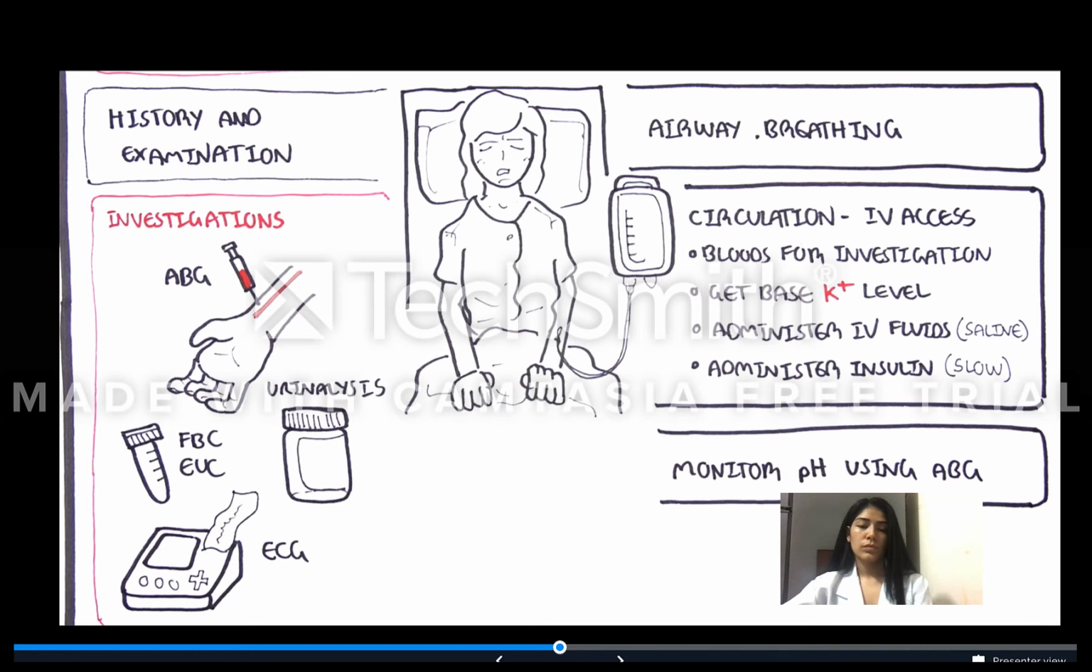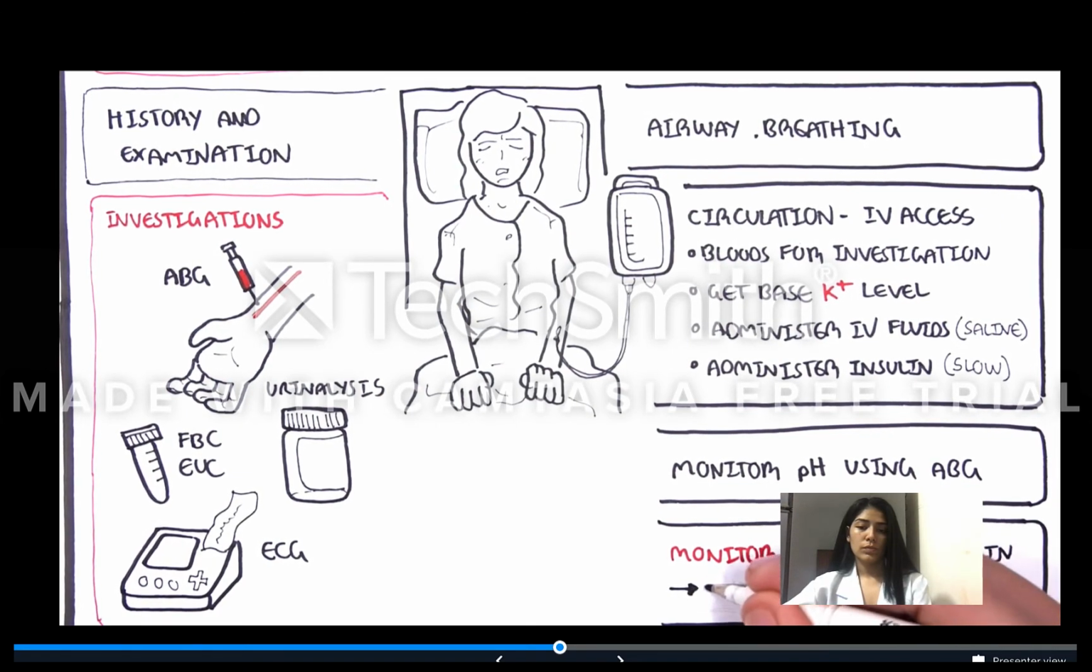So again, monitoring pH by doing regular arterial blood gas is important. And also it is important to monitor serum potassium levels. The reason it is important to measure serum potassium levels is insulin is being administered, because insulin will actually cause hypokalemia. If you get hypokalemia, you can actually trigger an arrhythmia. Sometimes calcium gluconate can be administered to protect the heart from the